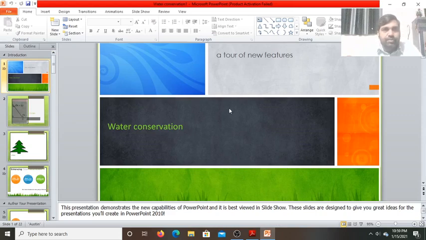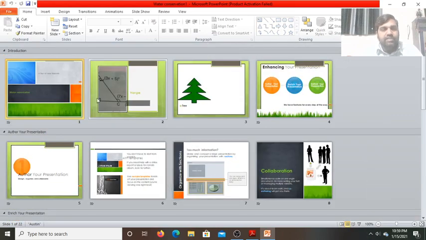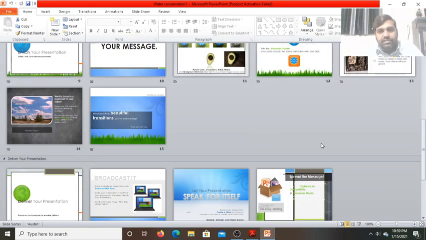Now I want to open this slide. At the bottom you can also see the different views. This is the normal view. This is the slide sorter view. Now see, in the slide sorter view, the slides open in miniature view, like thumbnails, and you can see 8 slides at a time.